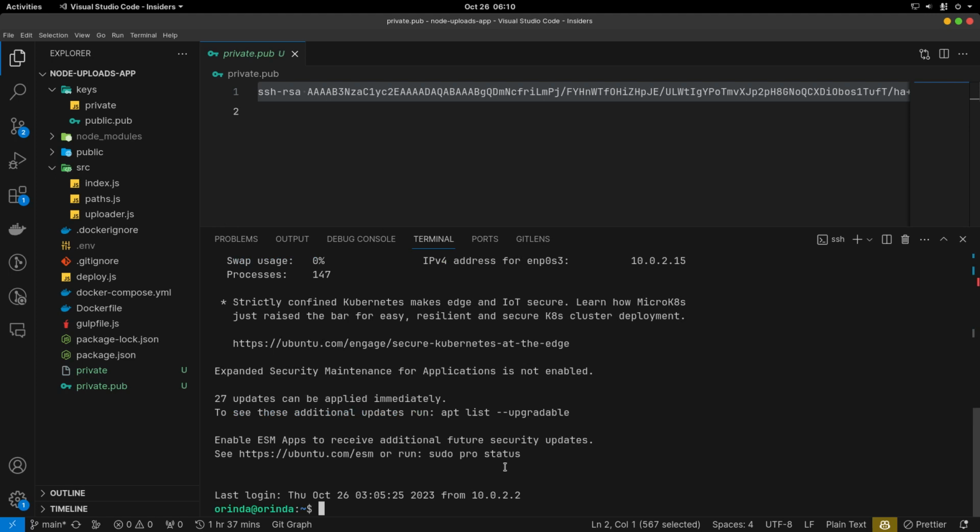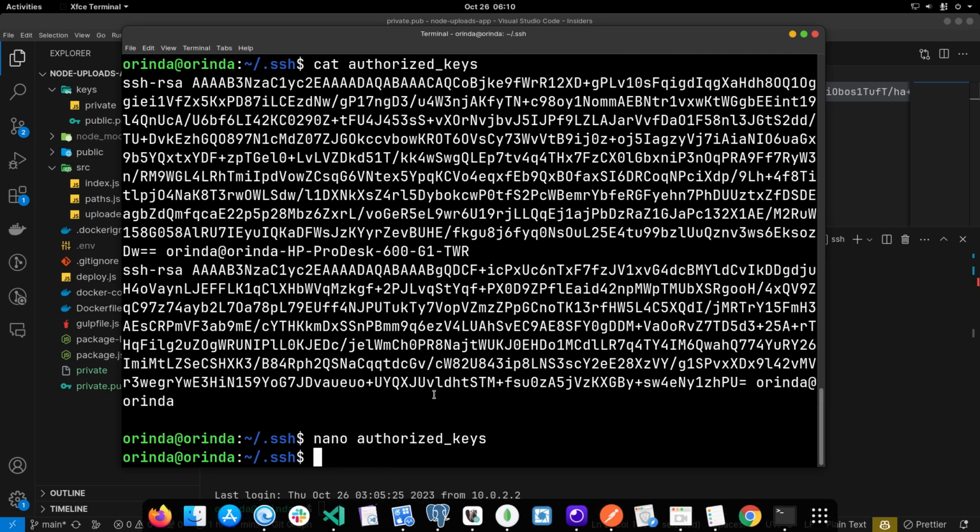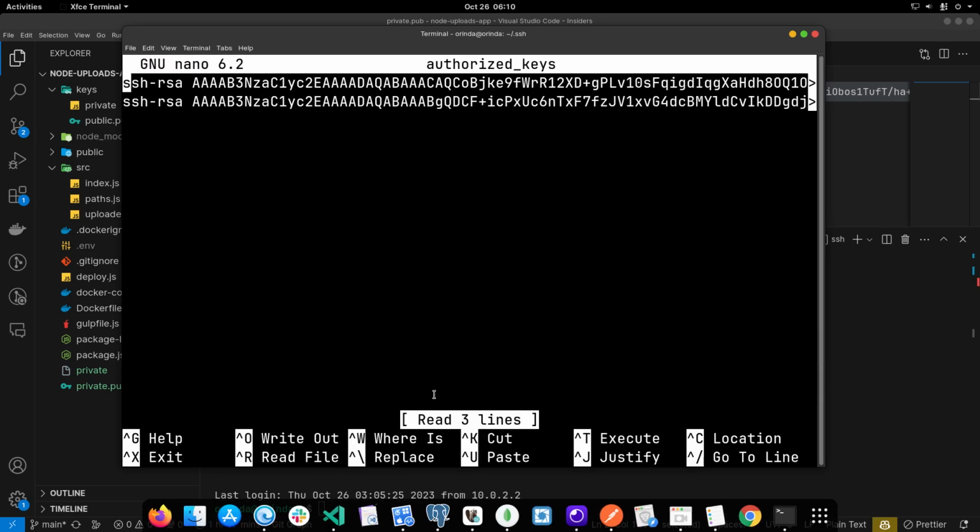So then you can see we are able to log in. The reason why it's prompting us for the password is because we haven't set up that key in the server. So if we just come and add it here,